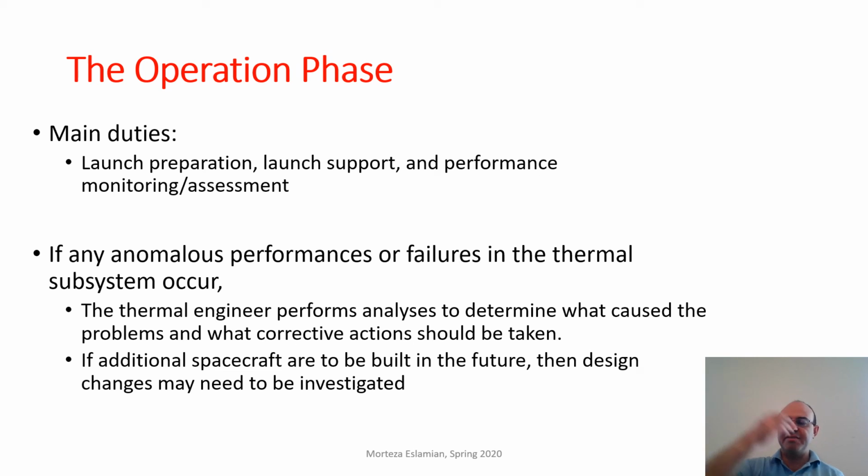Let's say the spacecraft is in orbit, it's continuously monitored. If something goes wrong, then it may be possible to actually fix it, for instance, by restarting the system, by a troubleshooting procedure, by writing new code, things like that, if possible. Also, it's important that if additional spacecraft are to be built for the same mission in the future or for other missions, then design changes may need to be investigated so that the same problem will not occur